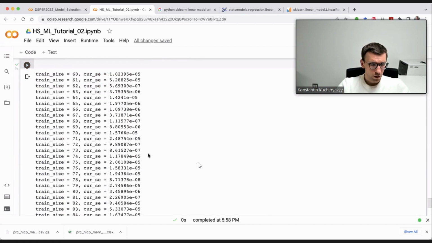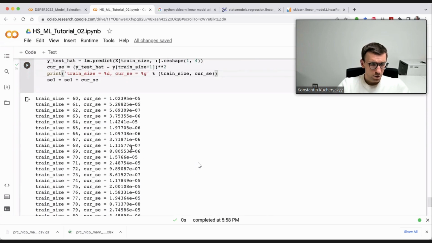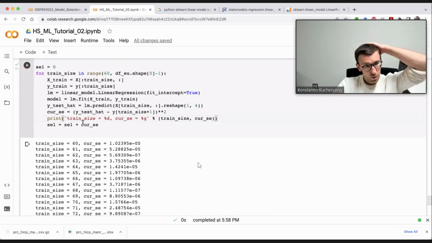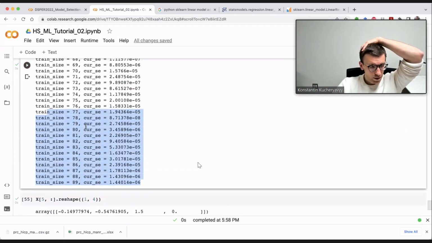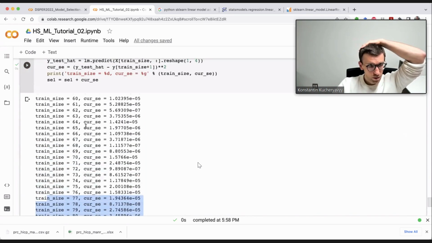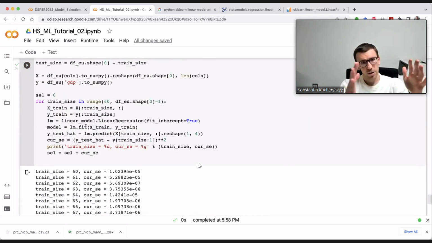So okay. What we did here, we ran our model, estimated it about 30 times, and used each time the values from the previous 60, 61, 62, 63, and so on observations to predict the next period observation. And so what we can do now, we can add them all up and say,